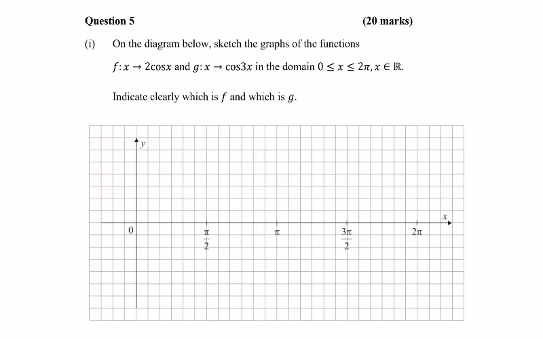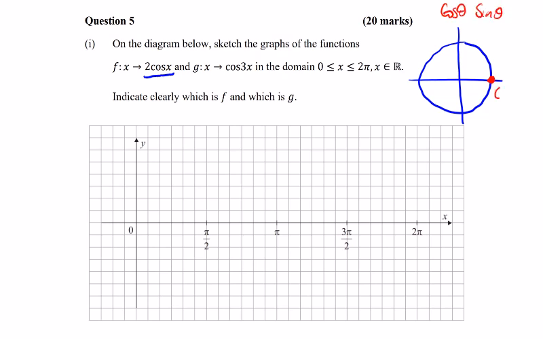Question 5, we've got these trig graphs, 2 cos x and cos 3x. There's a couple of ways to approach these. If we think of our unit circle and our points on the unit circle, we'll find out what cos and sine are. Any point on the unit circle is (cos theta, sine theta), and the point (1, 0) means that the cos of 0 is 1, sine of 0 is 0,